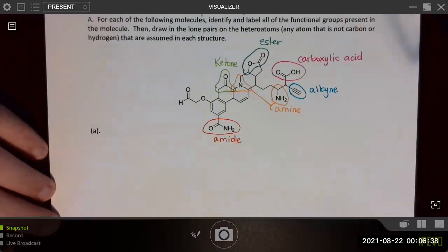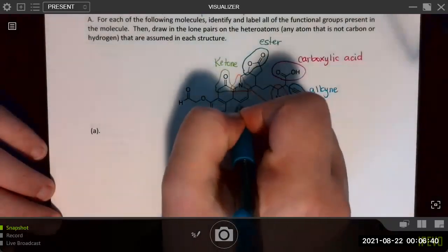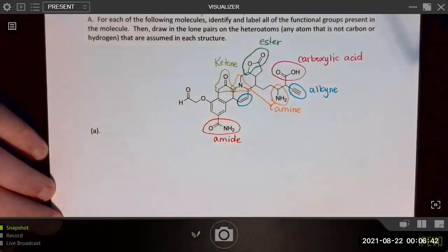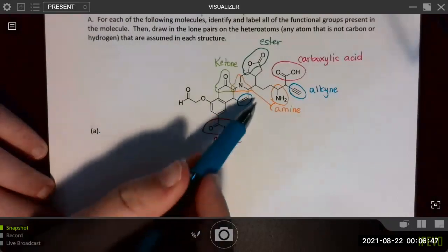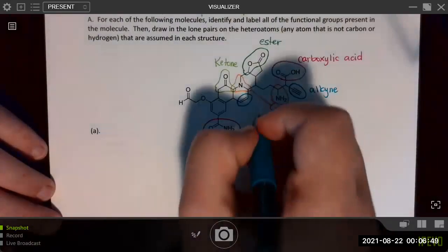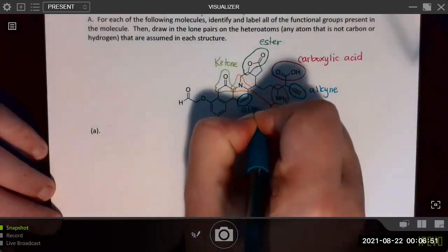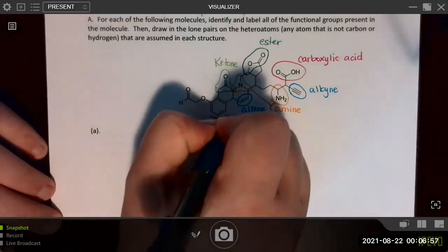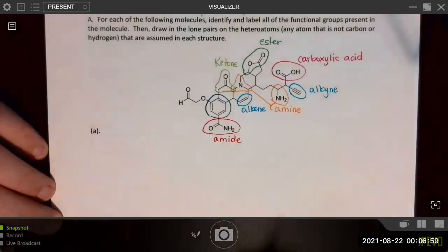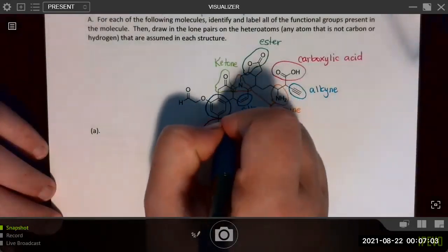And here we have a double bond. There's not 3 double bonds in a 6-member ring, just the 1 double bond. Right, so this is an alkene, which is contrasted with this ring, right, which has 3 alternating double bonds. This is an aromatic.